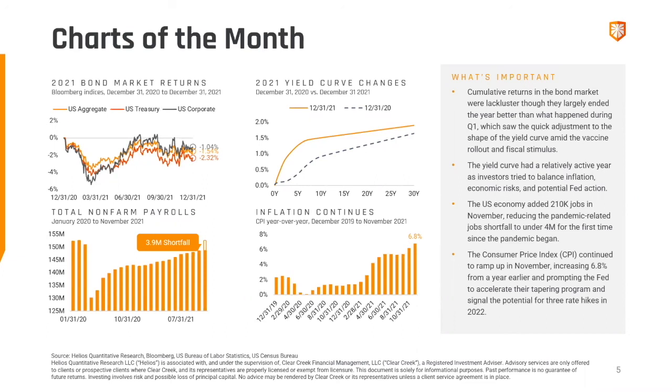So that's where we're looking at it, is that tapering, as funny as this sounds, is a good thing. It means the economy is doing well. It means that the Fed doesn't need to help anymore. And so the trick is to taper at a rate and raise interest rates at a rate that can be handled by a good economy, right? And that's the delicate balance that they're trying to strike here. So it's not like it's all bad news. There's plenty of good news in the economy. It's just that we have to balance that with, of course, the idea that there's some bad news.